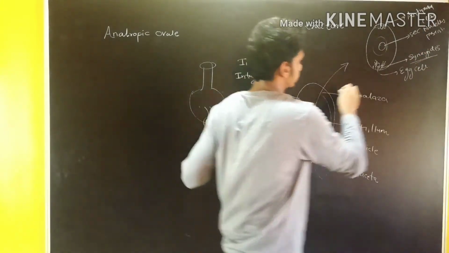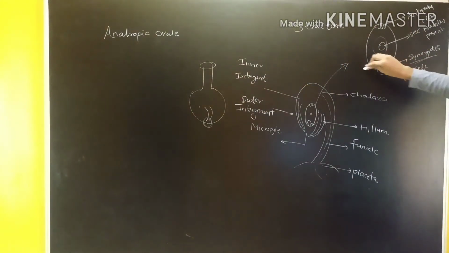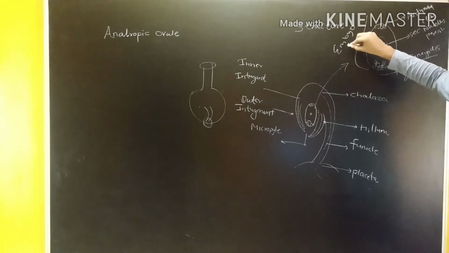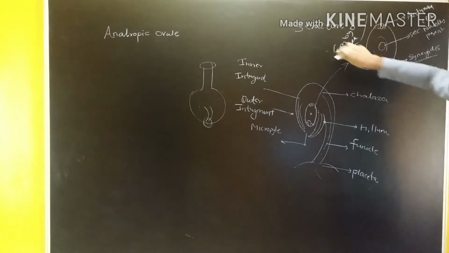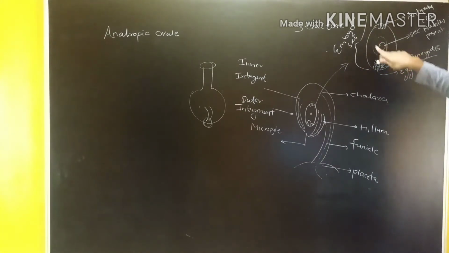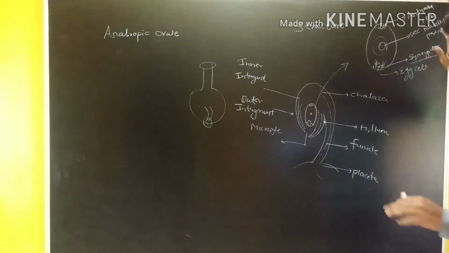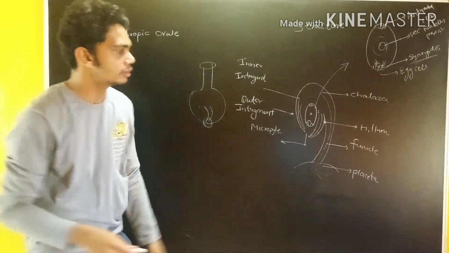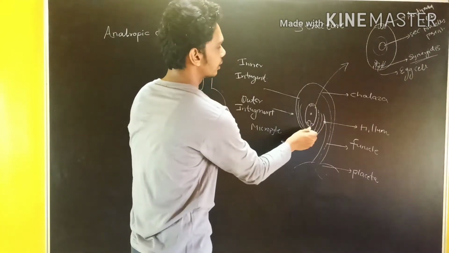This structure that I have drawn over here is collectively called the embryo sac. In the embryo sac, the nucleus is the secondary nucleus. So up till now, I think you have understood this structure is very important. Start from the placenta, ends with the micropyle.